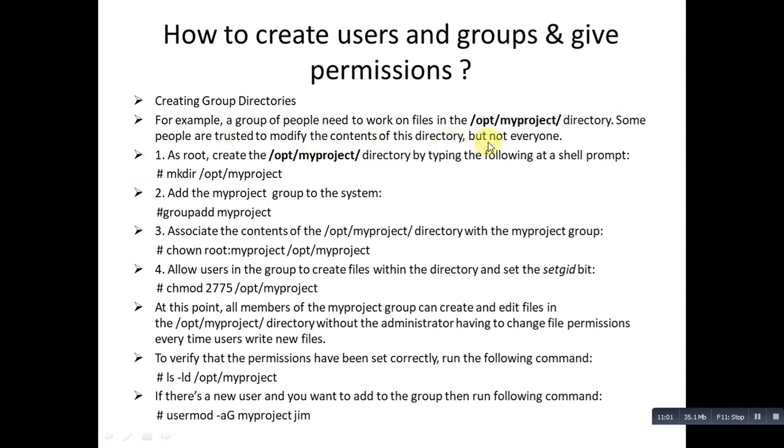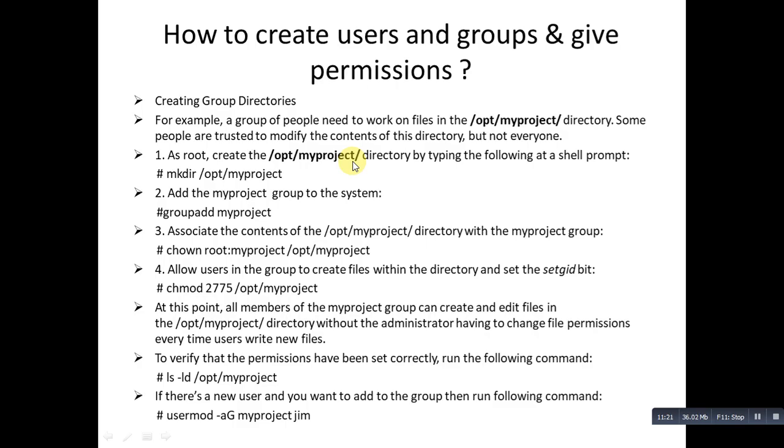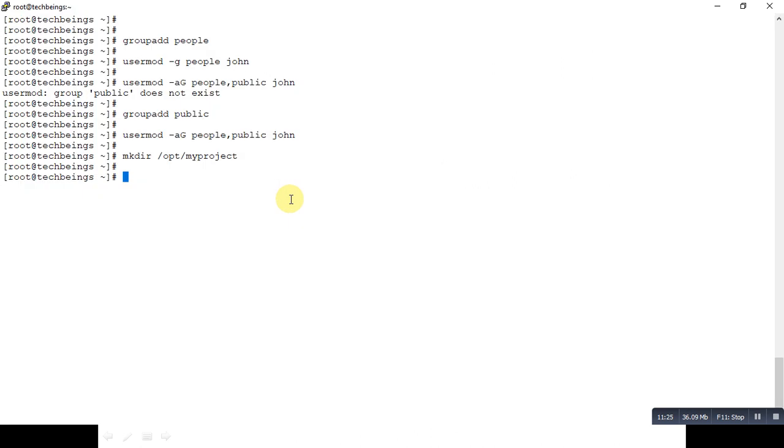To create a directory, mkdir /opt/myproject. So now the directory is created in /opt. Add the myproject group to the system. Now I will add a new group and name it myproject. So now I have created a new group.